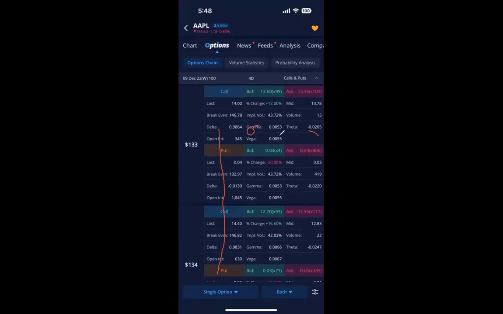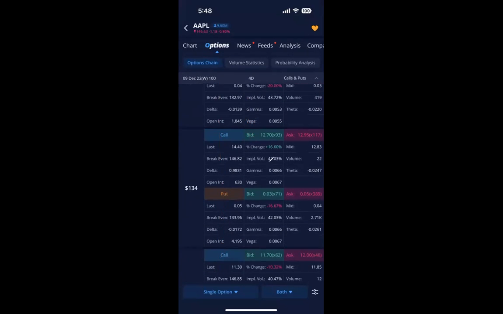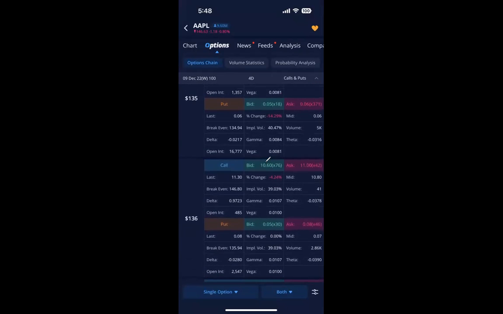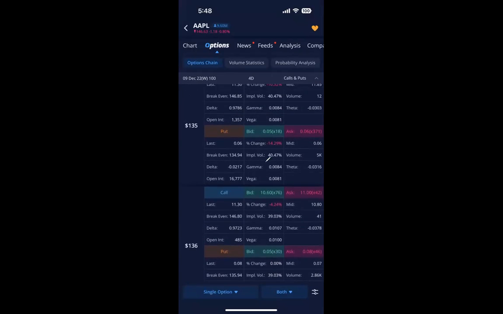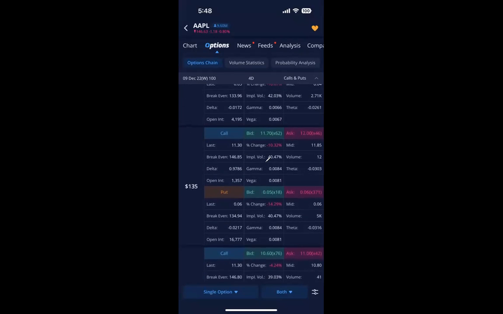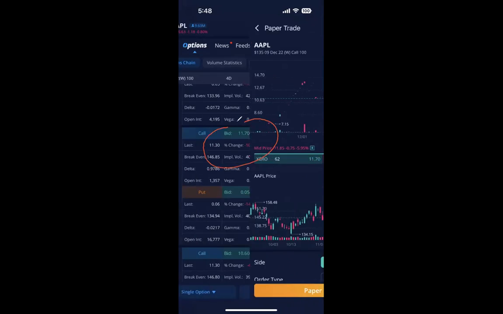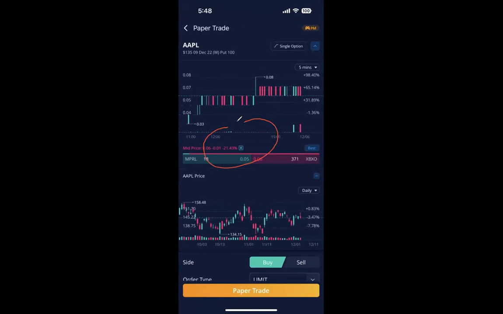And I can quickly go through, whoops, let me clear this. I can quickly go through all the strikes. So instead of going to the left or right for a call or whatever, it just has a strike price. If I want a call, I just click on call and it takes me into the call screen. Same thing for puts. It shows the put. Up here is the contract prices. This is the bid and ask. This is the